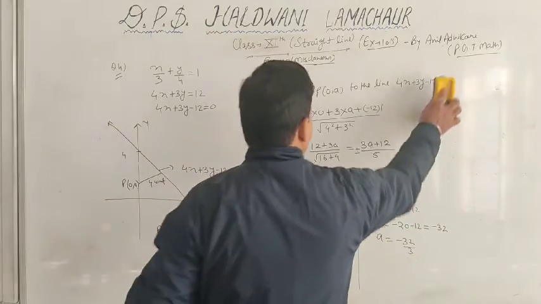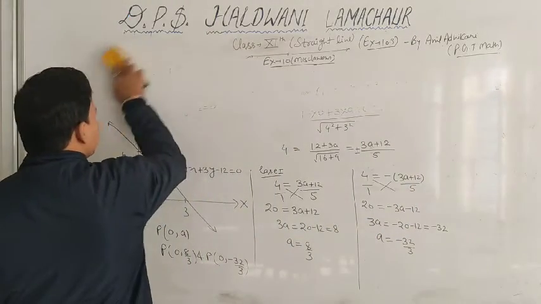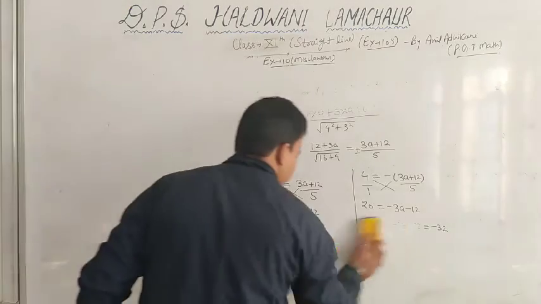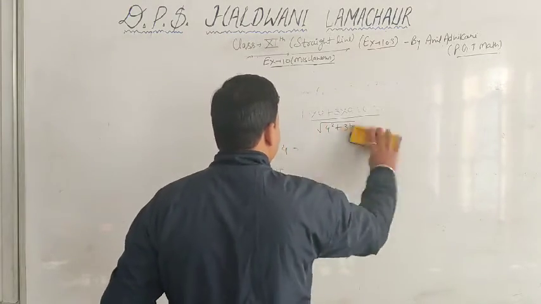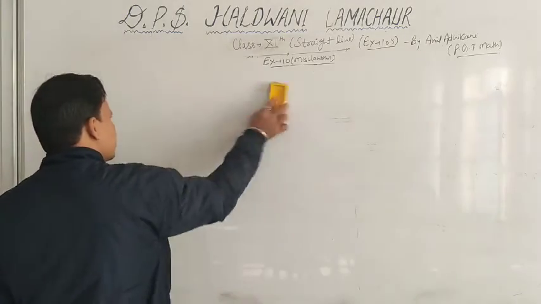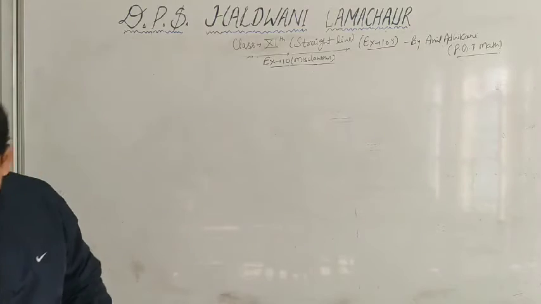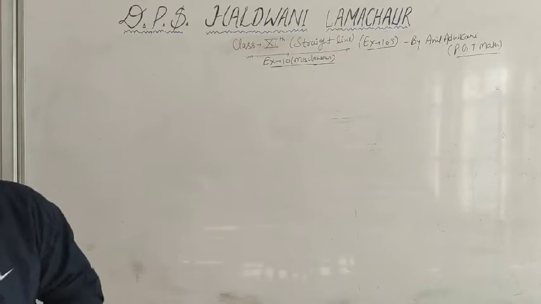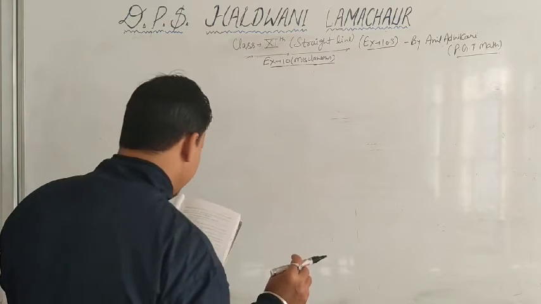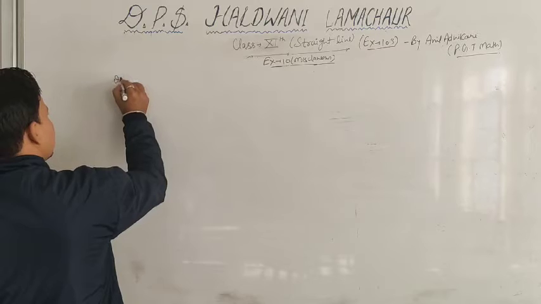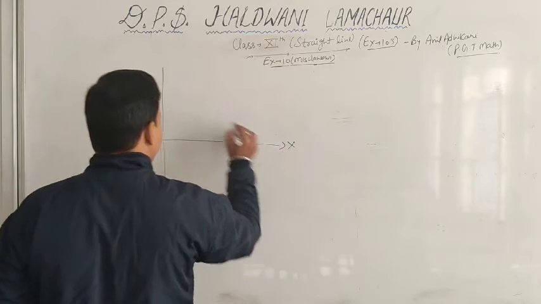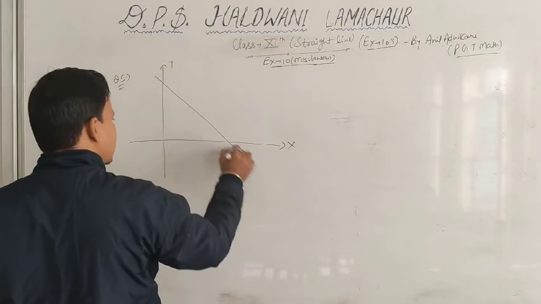Now the next question. Next, question number 5. Find the perpendicular distance from the origin to the line joining points cos theta, sin theta and cos phi, sin phi. Question number 5. Since we have been given 2 points here, we need to find the perpendicular distance.